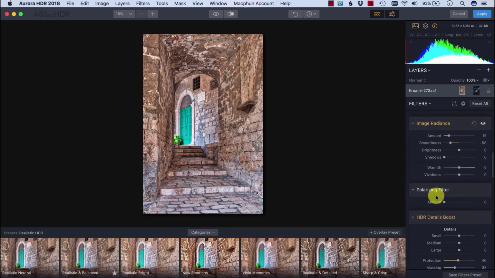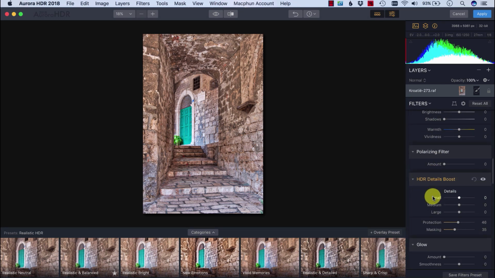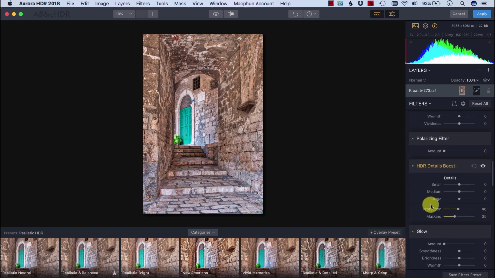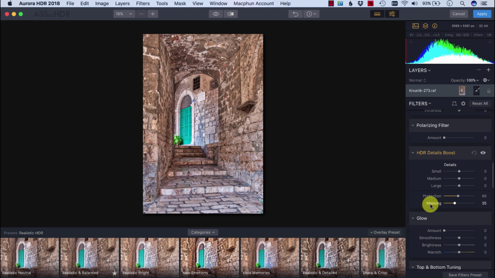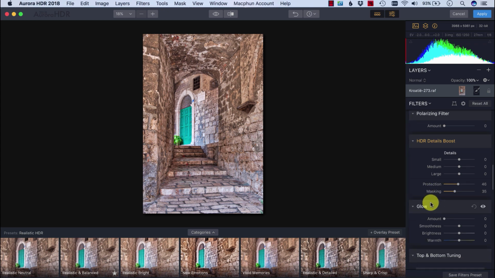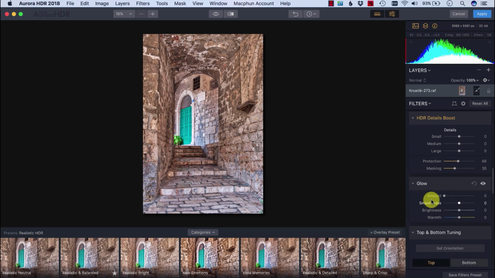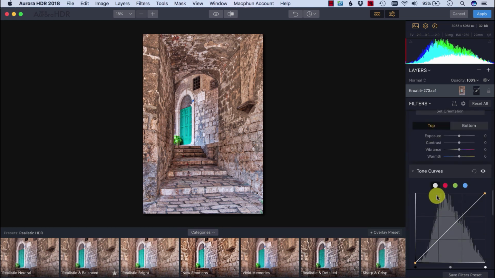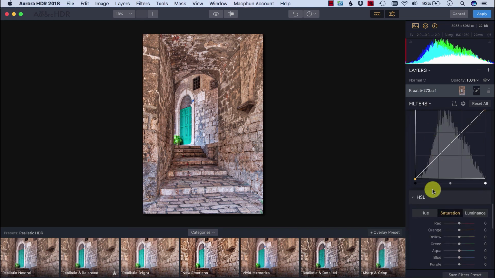What else? Well, I think this is basically it. What I want to do here in Aurora HDR. There are many more things you can do, of course, in this tool, but this is what I want to do for this photo. Later in other tutorials, I will show you a little bit more about the functionality you have, because as you can see,